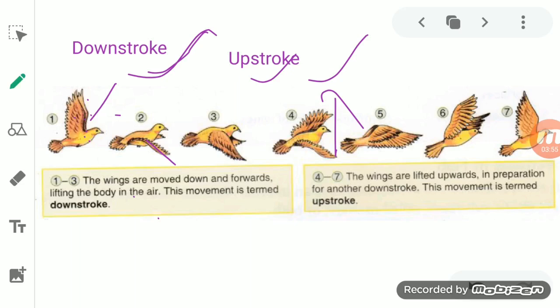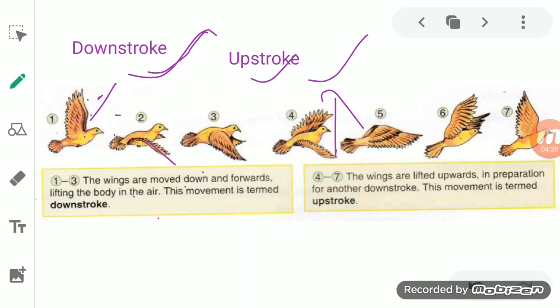So we can say here, when it flaps the wings, at first it moves the wings in the downward direction, and at that time the air pushes it in the upward direction, due to which the bird goes up. And when the wings push the air in the backward direction, the air also, with an equal force, pushes the wings in the forward direction. Okay, and due to which the bird moves forward.